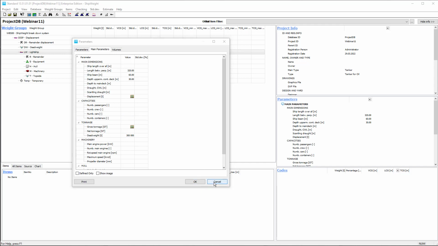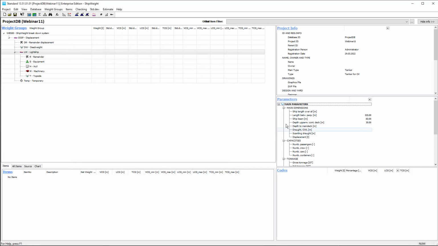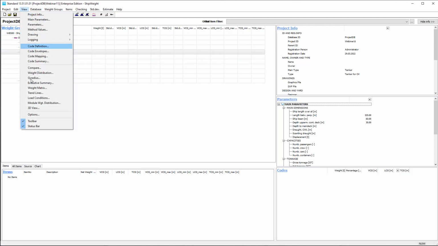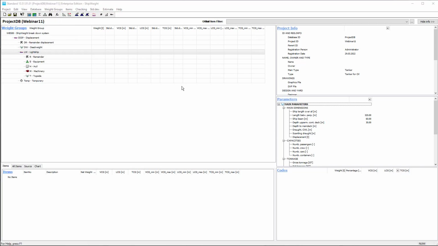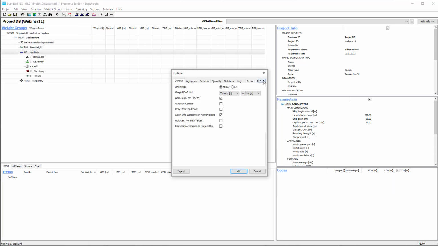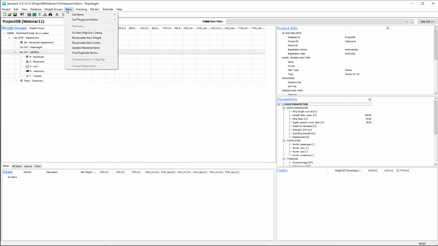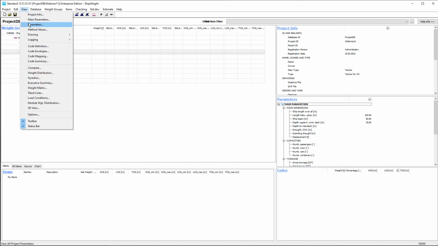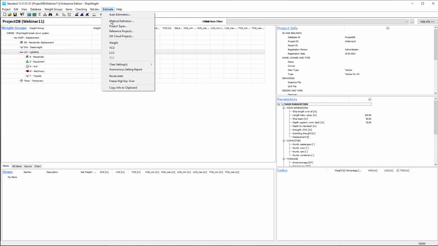Now, I've never estimated a supertanker before. I don't have any historical data, so I'm going to use the ShipWeight Cloud to get the first impression of where the weight might be. I then have to go to view options and make sure that under the estimation tab sheet I've checked for this project to include the cloud database. Now this will give me access to a lot of